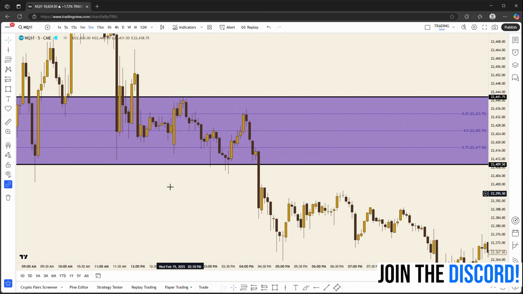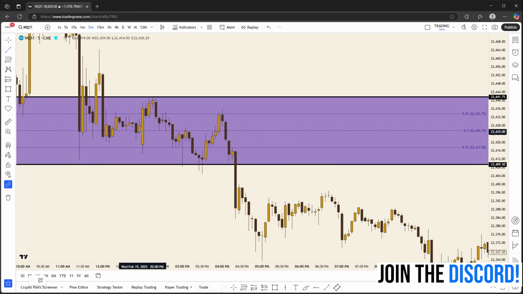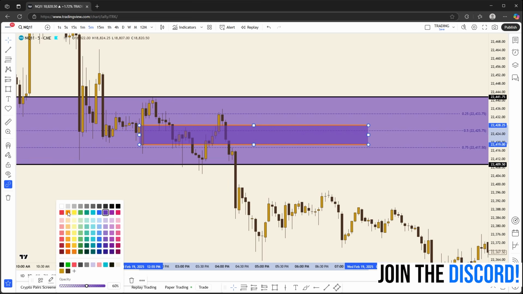All a new day opening gap is, for me, is just when the market closes for that hour, okay, here. The market closes at 12:55, or really it closes at 1, and it closes for an hour. This is pretty specific to the futures market. This is the closing price, right? And then this is the opening price right here. And it's exactly the same as a new week opening gap, except I'm only going to use this for the